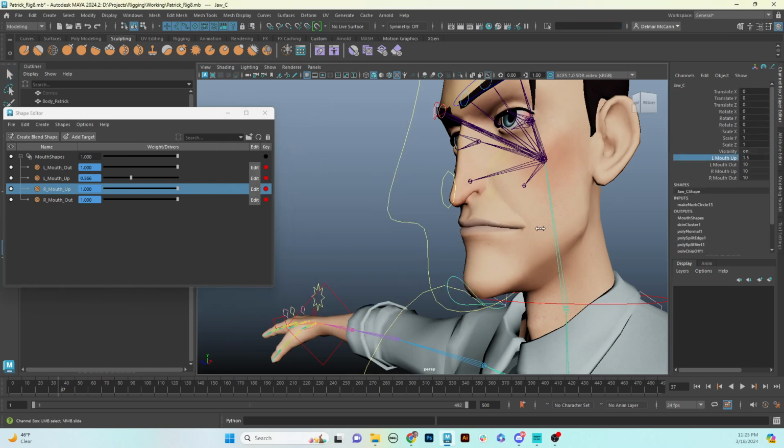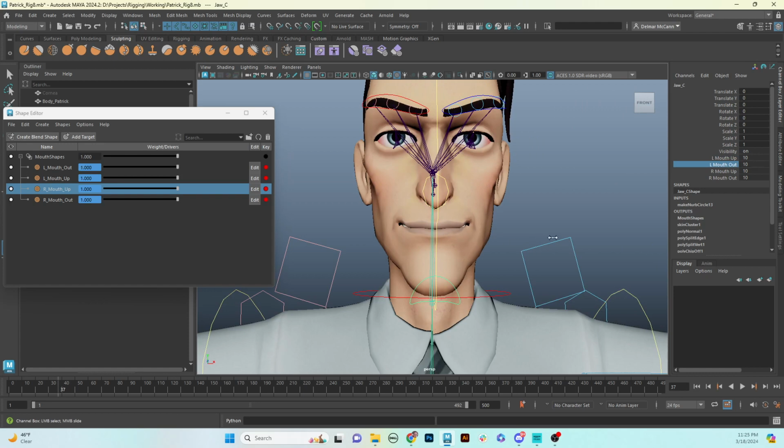I should be able to just control these individually. You can see that is exactly what's happening. A lot of great things that you can do with blend shapes. We are doing this, but you could also sculpt a blend shape